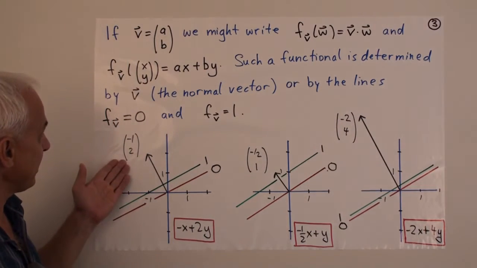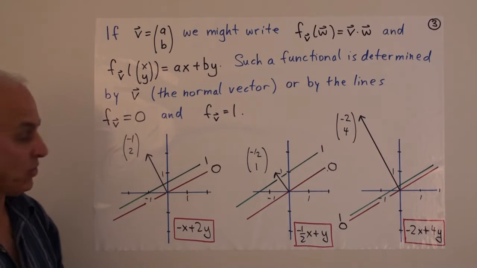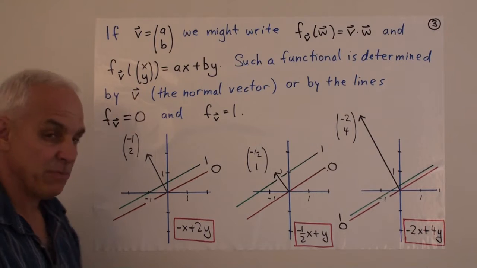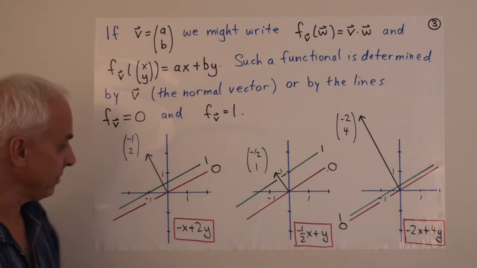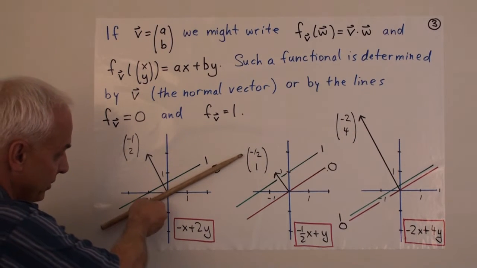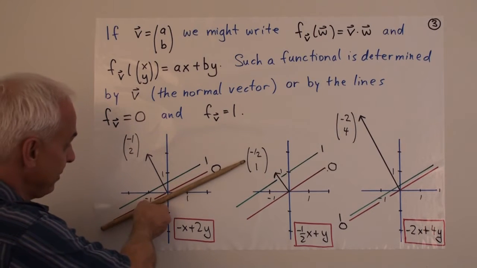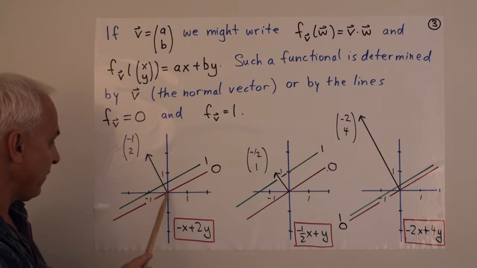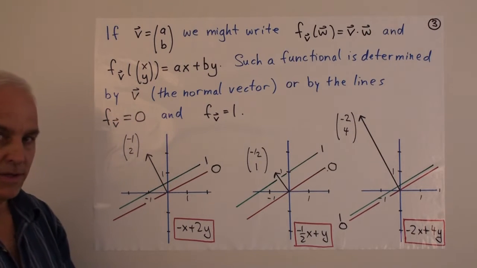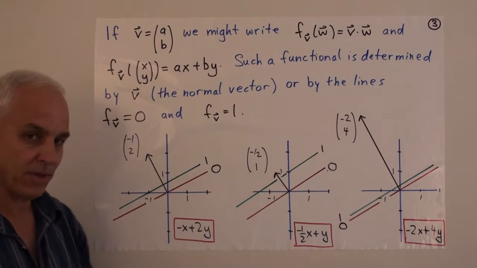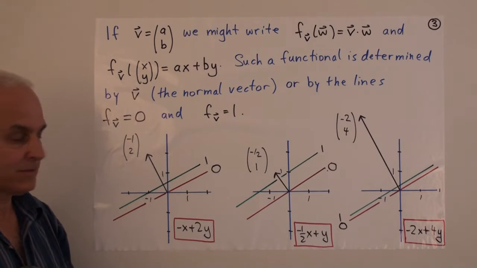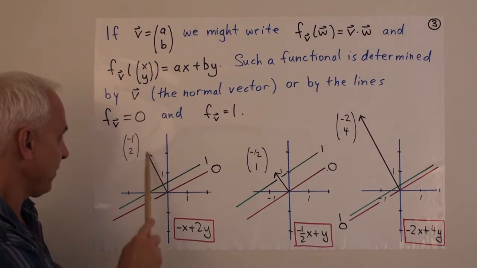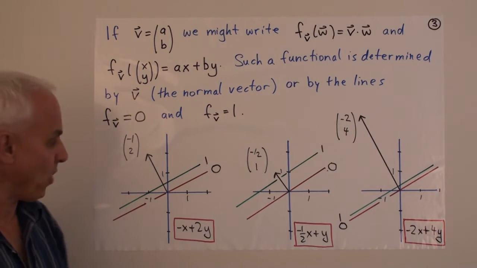So for example, let's say that the vector v happened to be (-1, 2). Minus 1, 2, up there, there's v. Then the corresponding linear functional will have its kernel here, so it'll be 0 along this line. And it will have value 1 here. We can check that. For example, the point (-1, 0): if you take the dot product with that, you get, in fact, 1. Or the point (0, 1/2): you take the dot product with that, again you get 1.